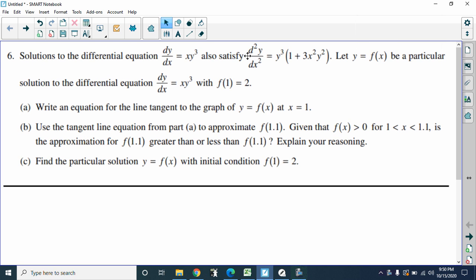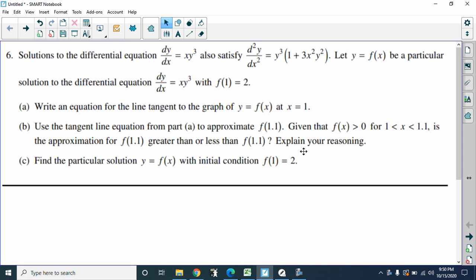Unit 3 notes day 2. We are taking a look at one specific type of free response question that deals with separating the variables. It does pop up on the multiple choice section sometimes as well. So this one says solutions to the differential equation dy/dx equals xy cubed also satisfy the second derivative. Let y equals f of x be a particular solution, and we know when x is 1, y